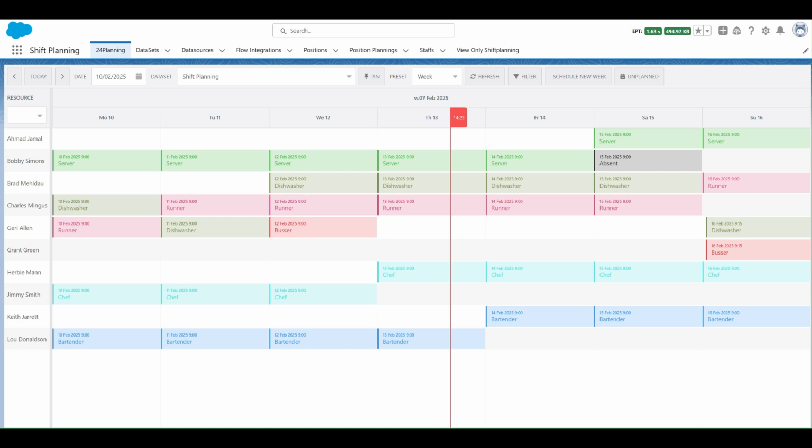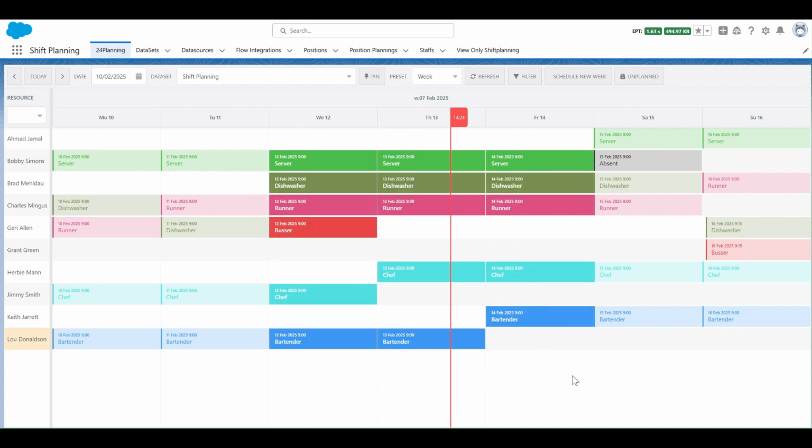Hi everyone, I'm really excited to show you today the capabilities of our new 24Planning Spring 25 release. In order to do so, I set up a small demo, which is a workforce scheduling application in which we assign tasks to users. So the first thing you notice is that we've adopted a new color scheme, which is